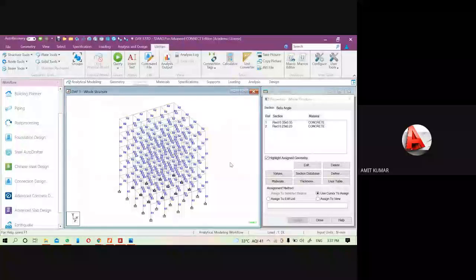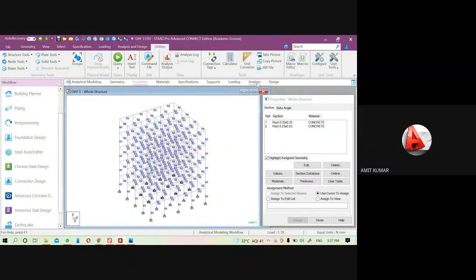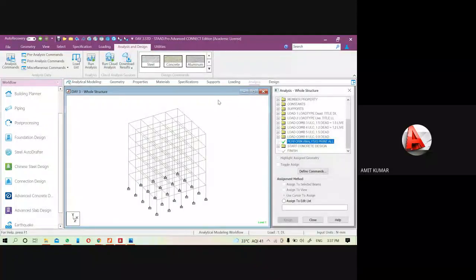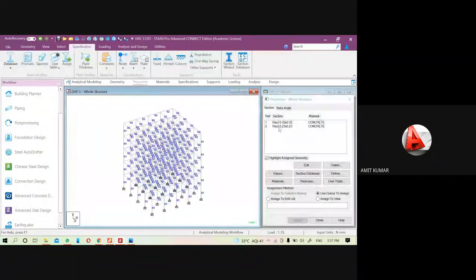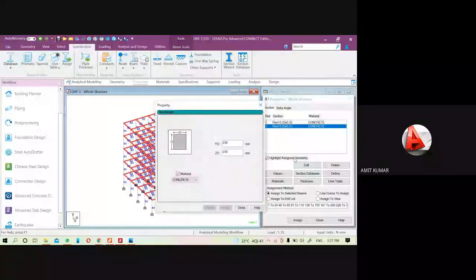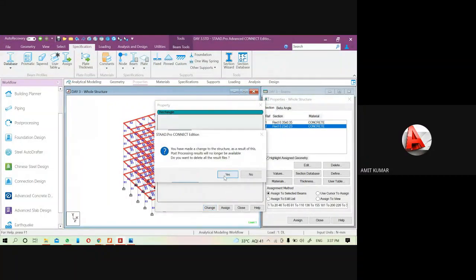Now I will change a few parameters like properties. For the beam, I'm just going to provide very little data, like a 150 by 150 beam size.